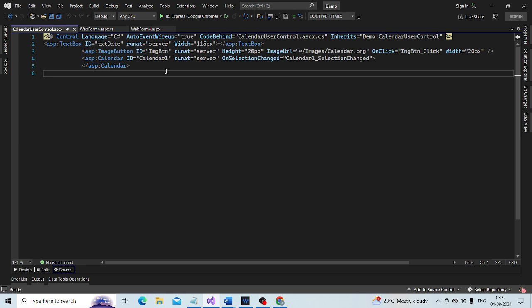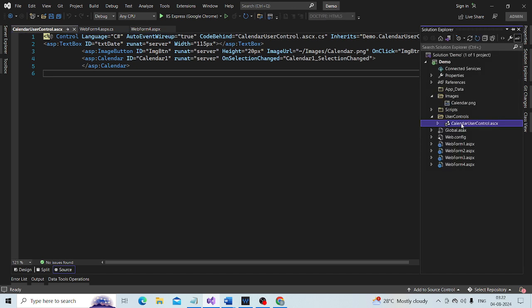So it is trying to add this calendar user control, and within that calendar user control, the first control is a text box. And look at that.